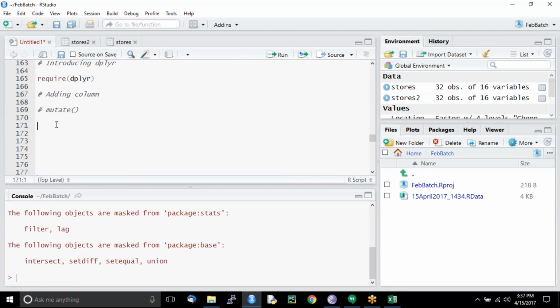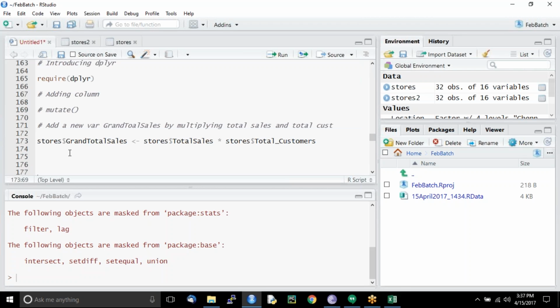So here we are. This is what we have done in base package. So let's see how to get it done using mutate. So I'll say mutate. This is the function from dplyr. The syntax is